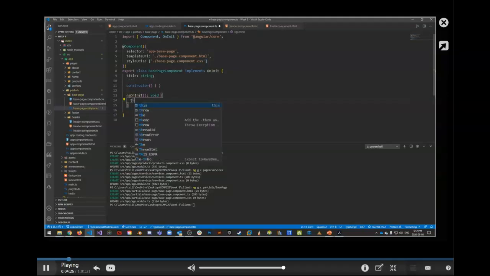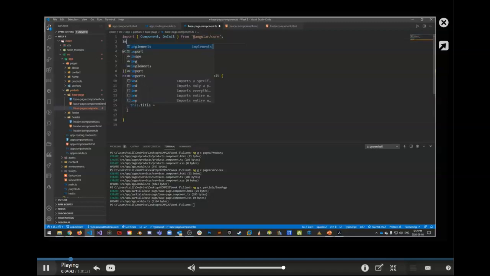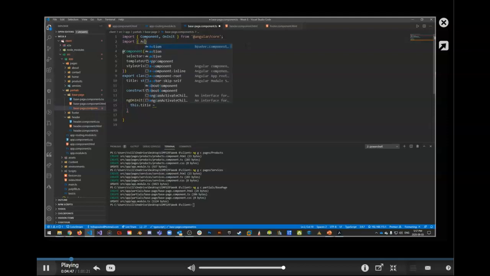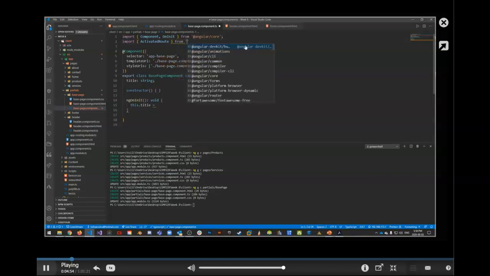So we're going to say that this.title, this is some code, is equal to the title of the root. That's what we want, the title of the root. And in order for us to do this, we're going to borrow from the Angular route for a second. We're going to do our first import. We're going to import ActivatedRoute, and it's going to come from Angular